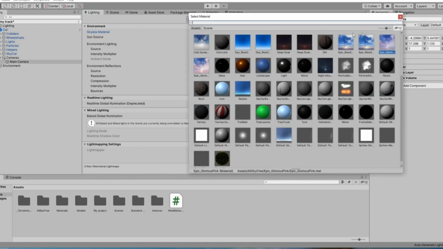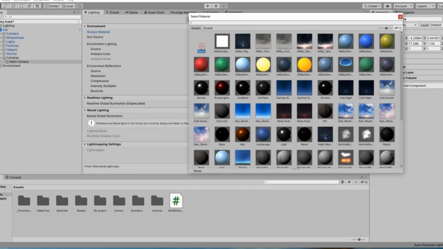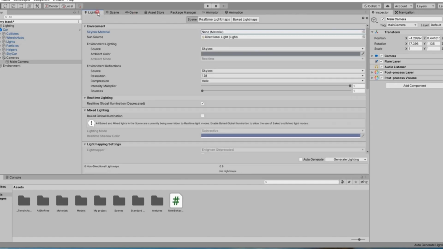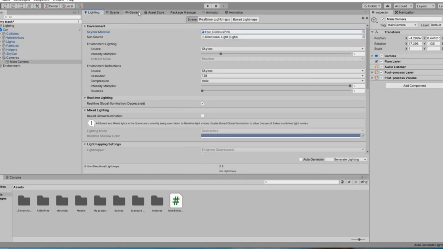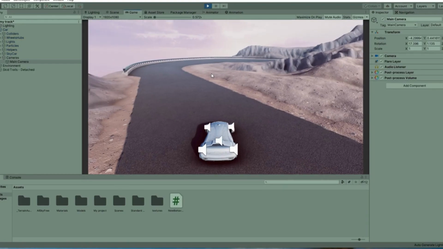First I will choose none so you can see the difference. And now I can go to the lighting and choose this skybox. You can see that the look of our sky has changed.